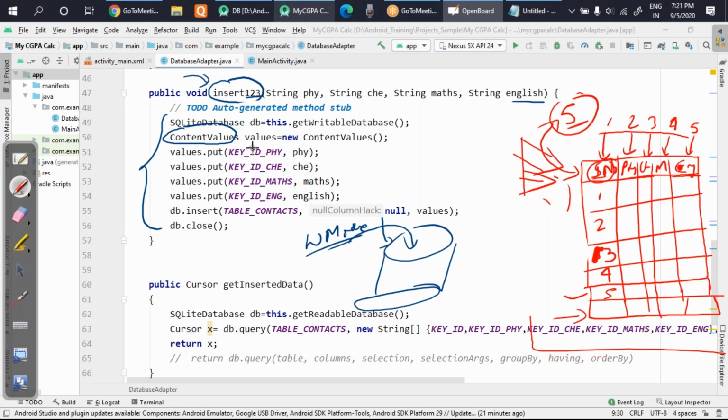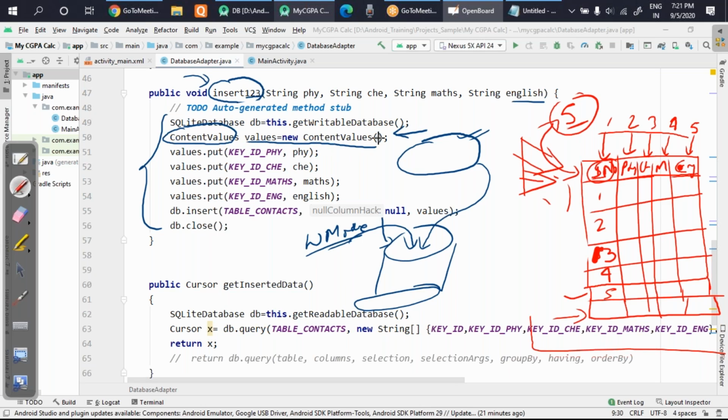Okay, so what is this class capable of? This class is capable of collecting all the information in one place first. Once all the information is collected, only then can we send it into this table. So you can see, first of all, I have created the object of that class by writing here ContentValues, new ContentValues,